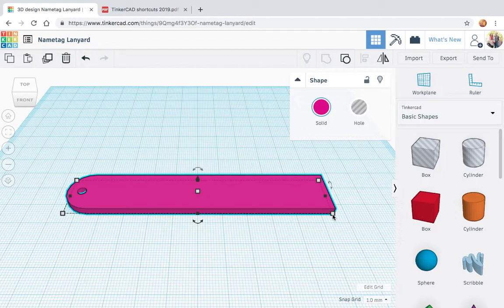So now we get the fun part. Our hard part was done with the base, and now we get to add some shapes on top. So there's a lot of customization that can happen here. There's a lot of different ways the students can use any of the things from the TinkerCAD library. For now, we're just going to write our name. We might get into a few other things too, but we're going to go ahead, and to make this easy,